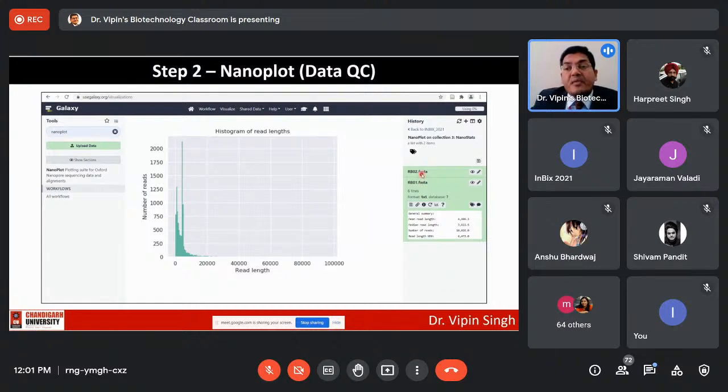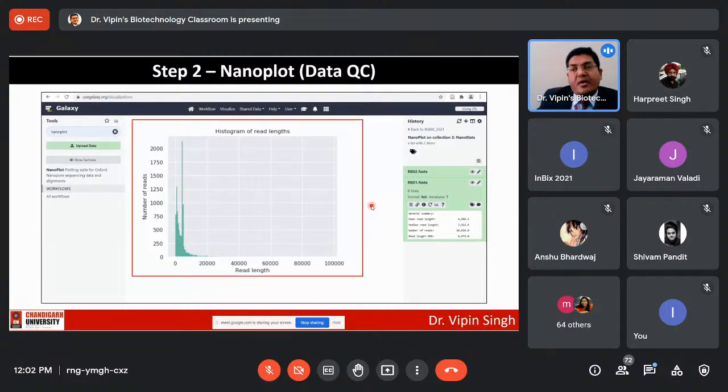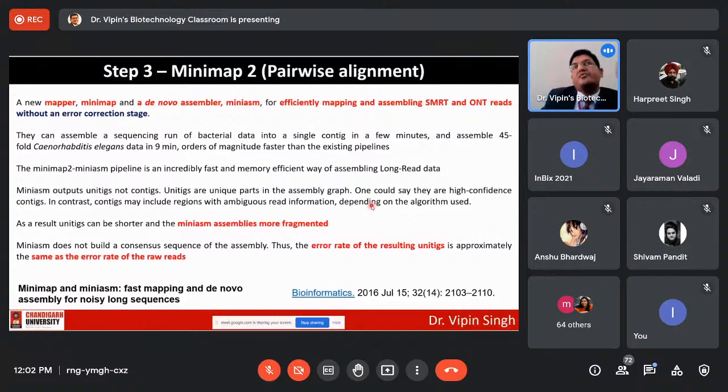You could generate it for RB02, and there is another plot that's more complex, which we're not doing today. That would give you an idea of the quality of reads. Right? Then we move on, so this is the histogram, this is the summary, you can see them in parallel here. Then we move on, and now what we want to do is, because we have fragmented